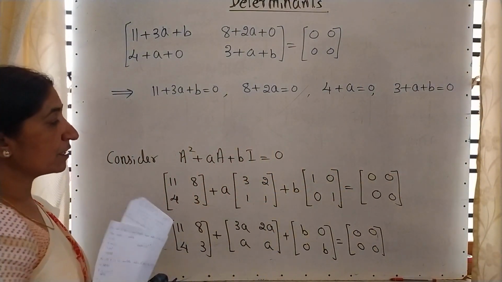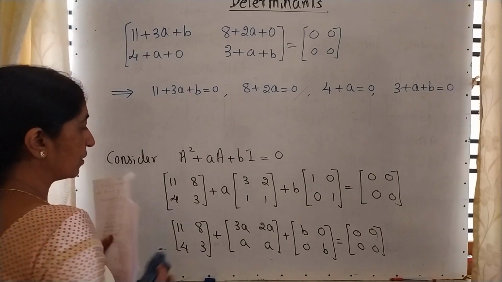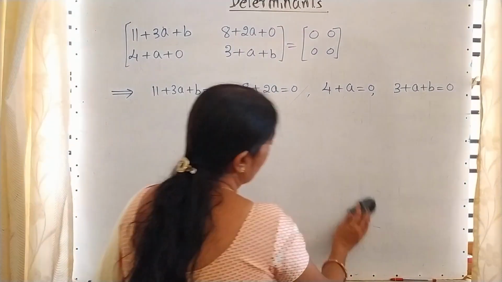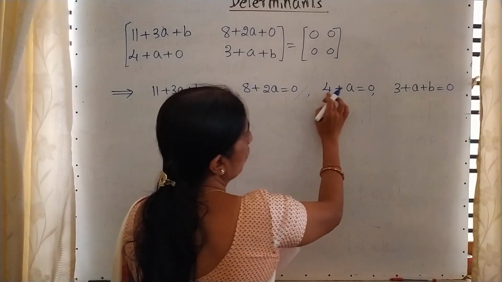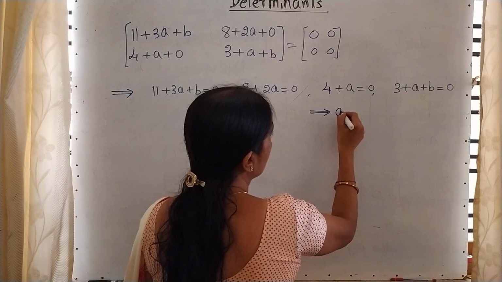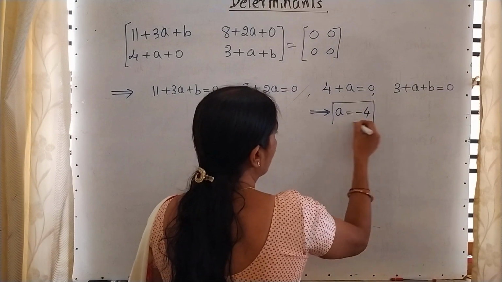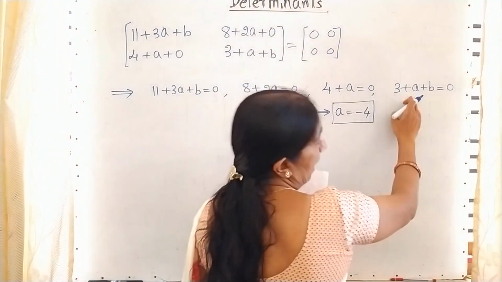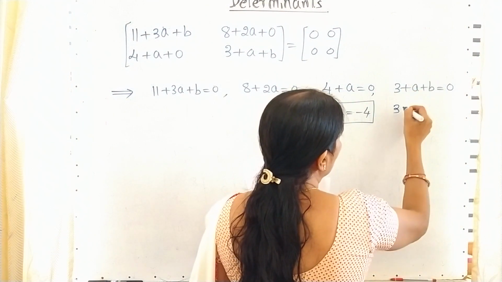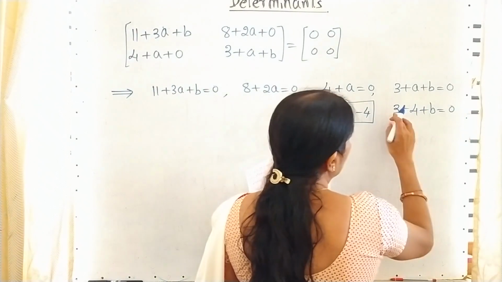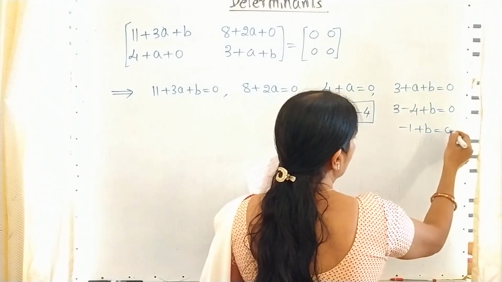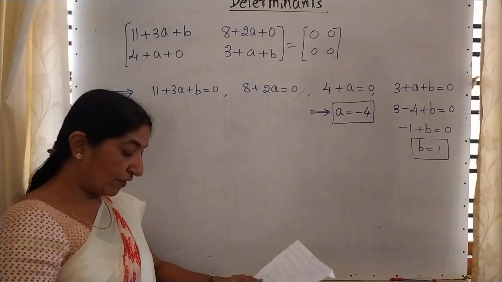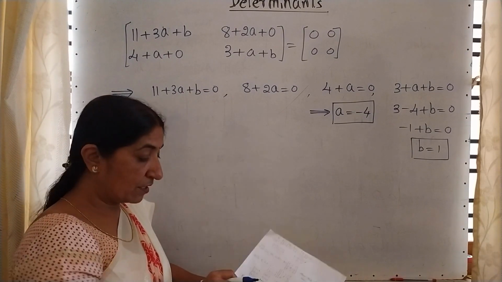And remember students, it is not necessary to use all the equations. Whichever you feel easy and convenient for your calculations, use that one. So here I am using the third one. 4 plus a is equal to 0. That means a is equal to minus 4. After that, write down that a value either in the first equation or in the last one and you will get b. So I am using the last. Why? Because it is simple. Write down a. A is minus 4. 3 minus 4 is minus 1. So B is 1. Like this we are calculating A and B values. See, is it very easy or what? Yes, this is very easy.